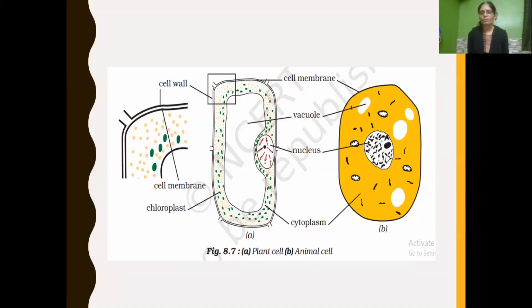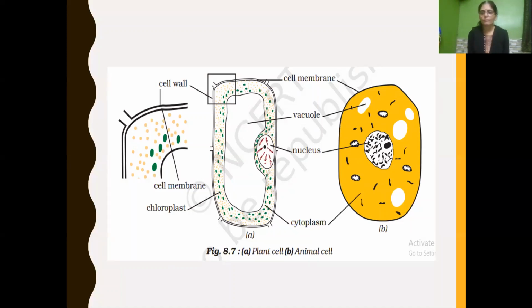And if you see the vacuole, it is very large and occupies so much space. A single vacuole is present, and it is so big that it occupies 90% of the volume of the cell. But in the animal cell, the vacuoles are very small. You can see that white empty space; it is very small in size and there are many. And the position of the nucleus: it is present near the cell membrane, in the corner. But in the animal cell, the nucleus is present at the center of the cell.